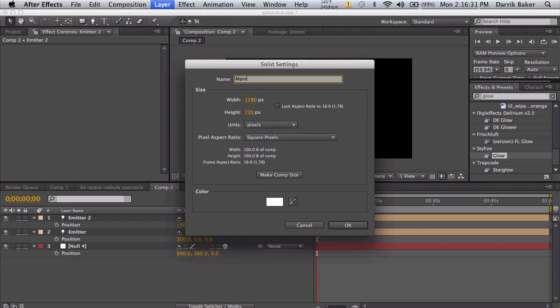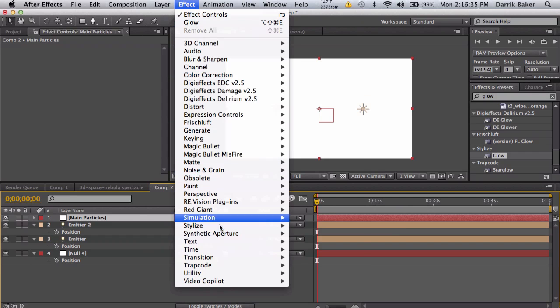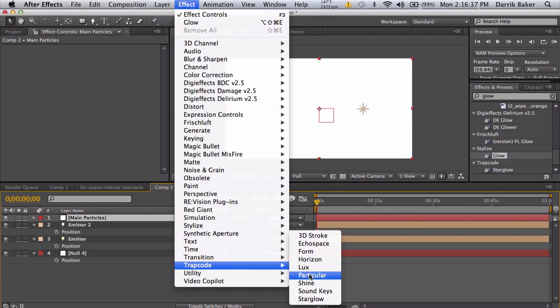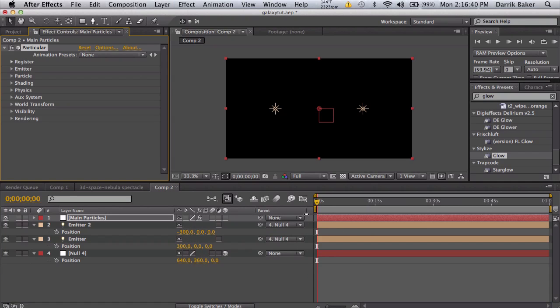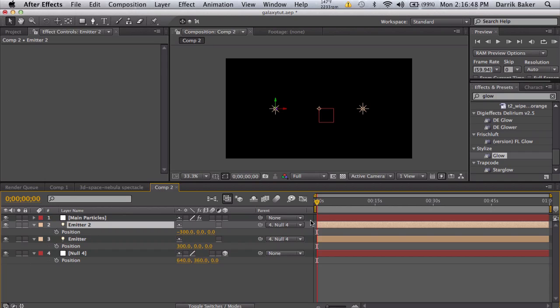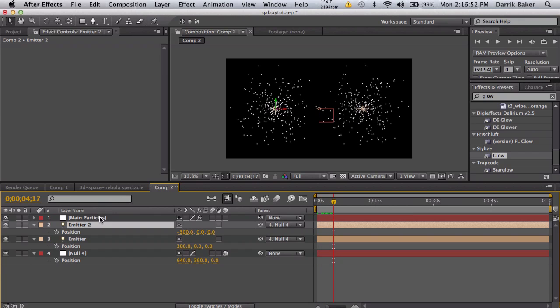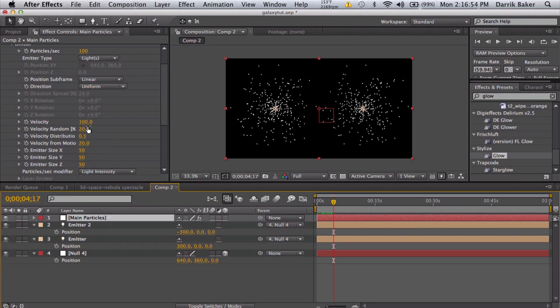Call this main particles. You're going to need Trapcode Particular, so go ahead and download that plugin if you haven't already. Emitter, and let's change it from a point to lights, so it'll emit from these two emitters we made. So that's pretty cool. Let me just turn on the velocity real quick,